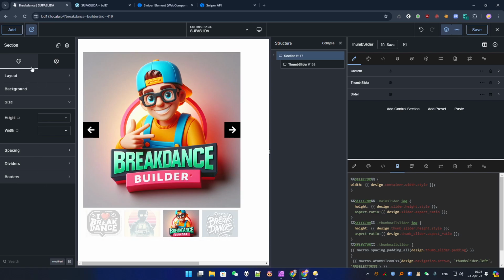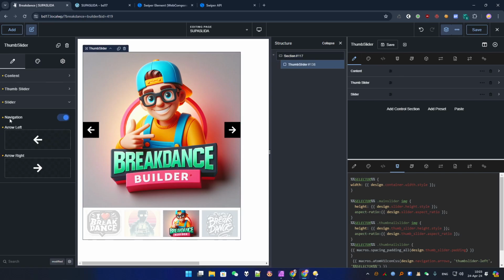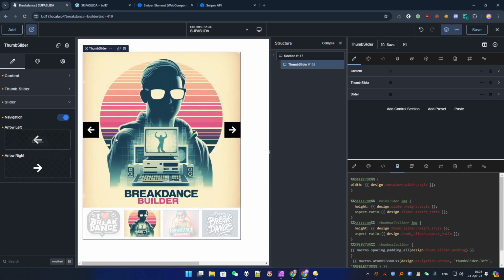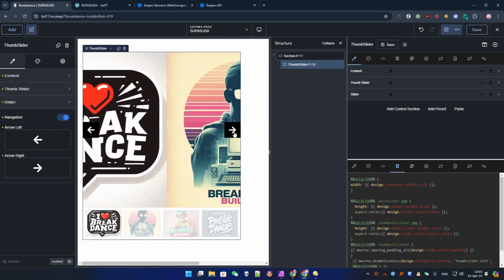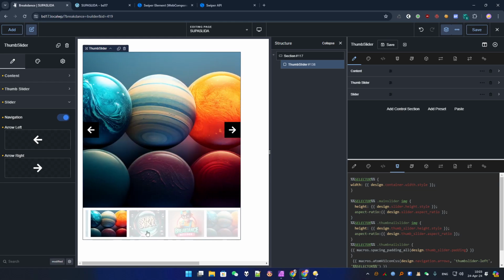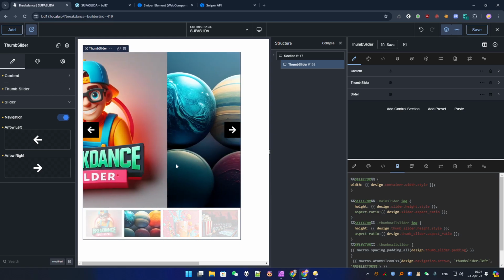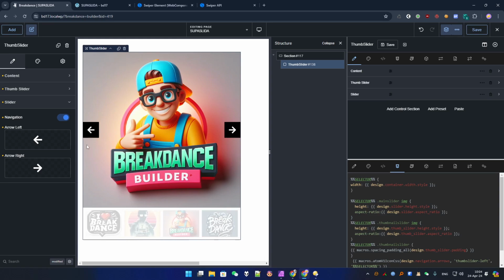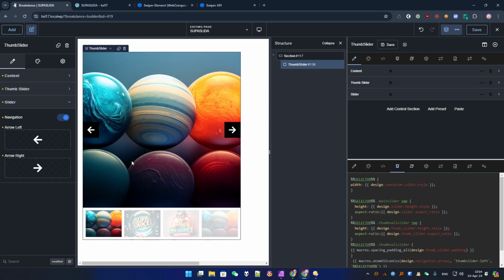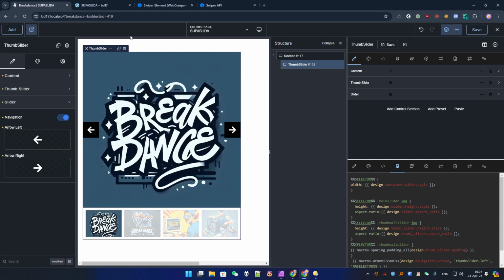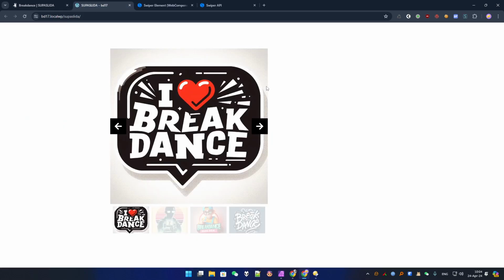So last time we have added the navigation, and this time we are going to add the pagination. But first, I forgot something about the navigation, so let's go back to that now. So usually when we are in the first and the last slide, the icon, the arrows here, should be disabled, and it's not the case, so we are going to do that